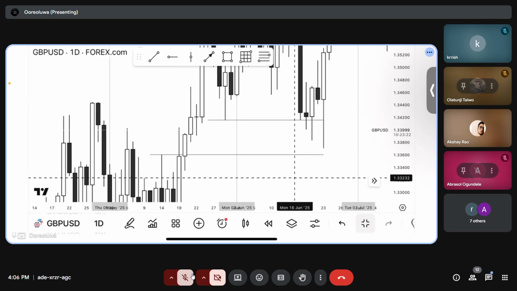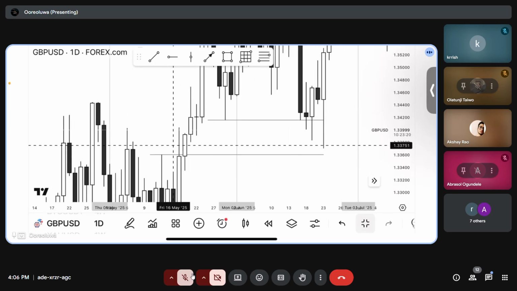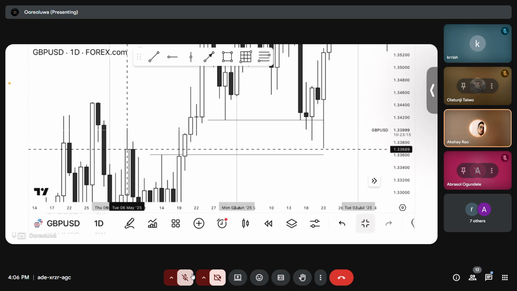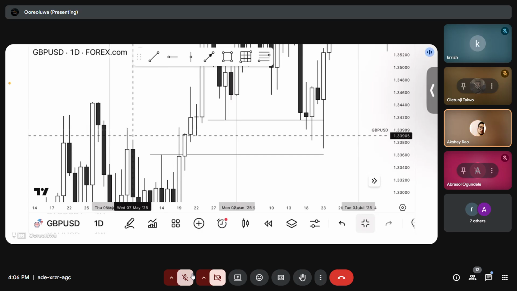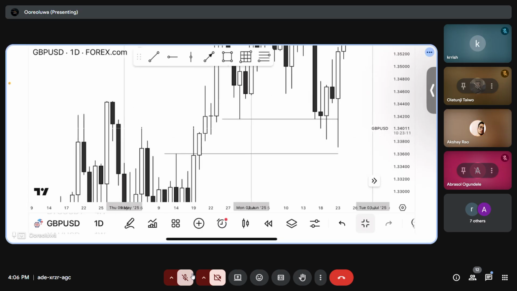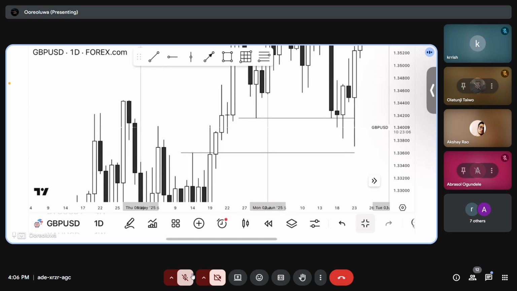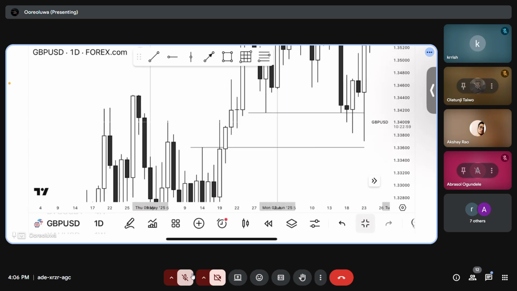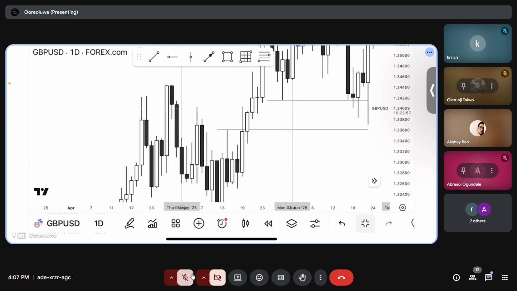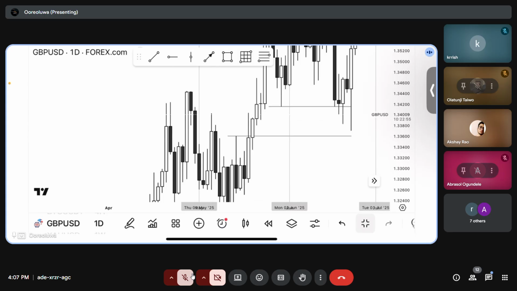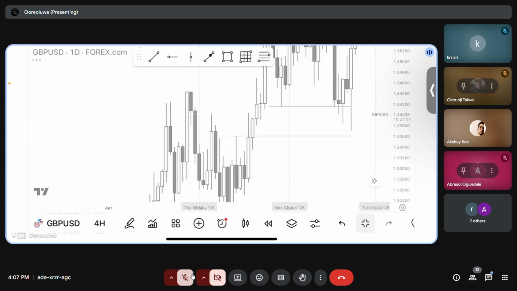So in this fair value gap, what are you seeing here? There is a breaker block inside the fair value gap. And also there is this swing low here, this low here. So there's a swing low there also. So, a breaker inside the fair value gap. You can also go to the 4 hour and see for yourself, to see another thing to use.